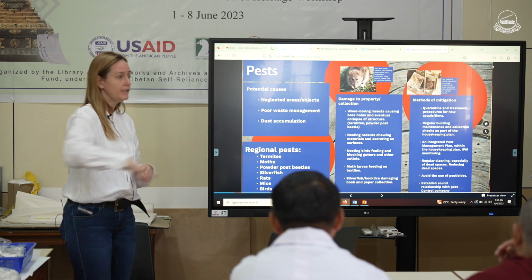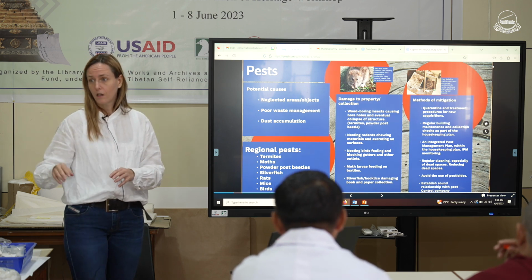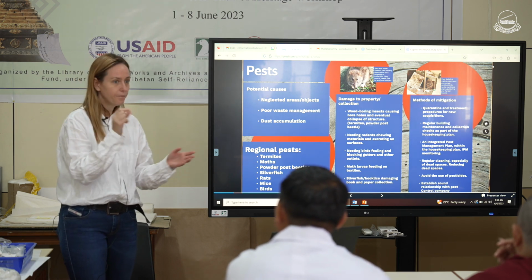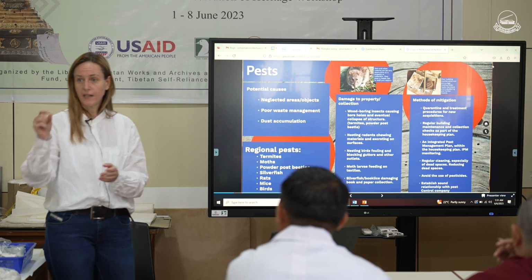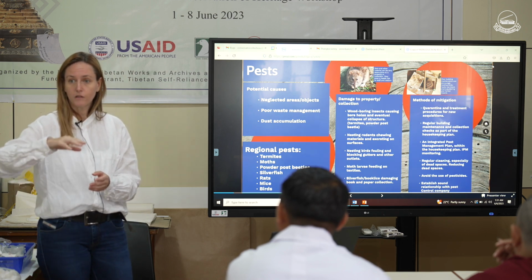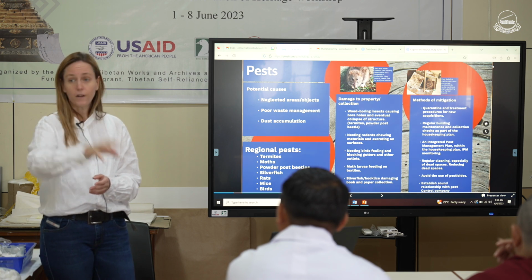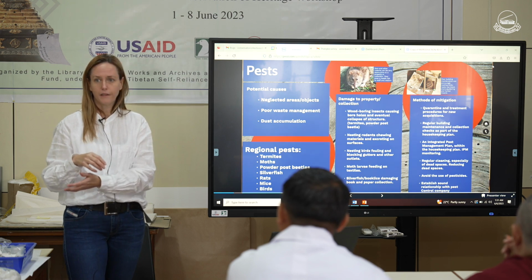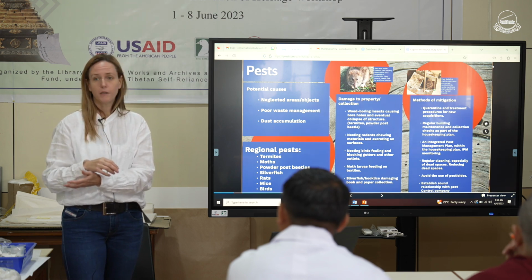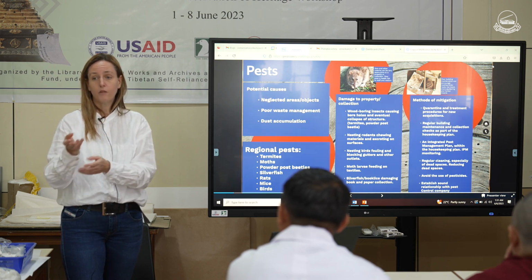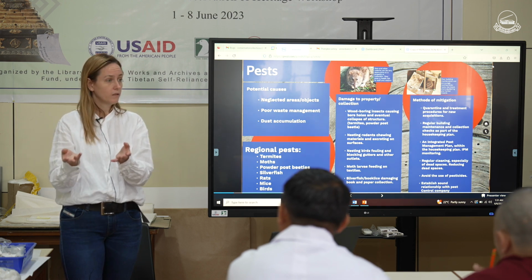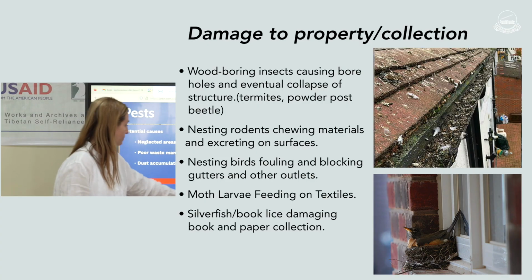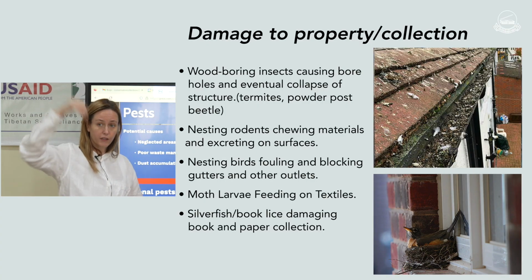So the more you clean your area, and this is just normal cleaning, what we call general housekeeping, and you check, are there any rodent droppings? Are there any insect droppings? And then you're able to know that, oh, I need to clean this area more, and why are they coming? Does somebody put a stash of cookies in their drawer? Did somebody leave out, you need to check when you leave offerings out as well. What's happening, and so we clean the area. The nest can also block the guttering, especially in monsoon.